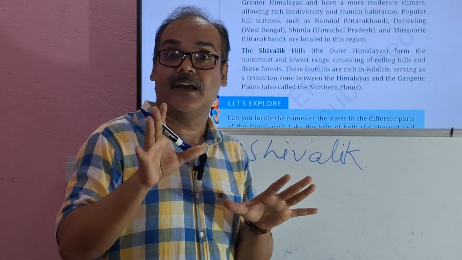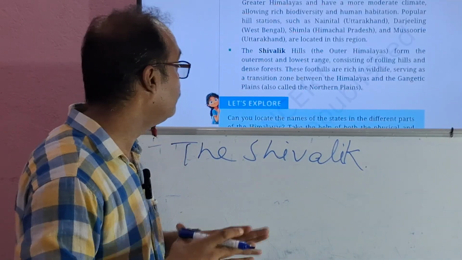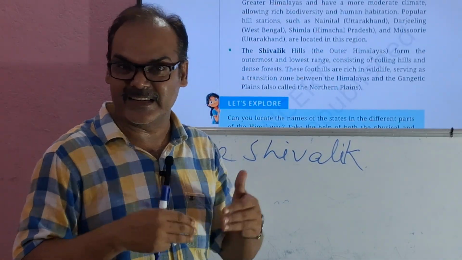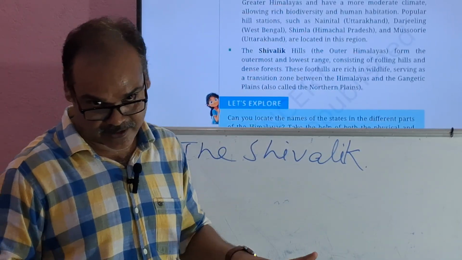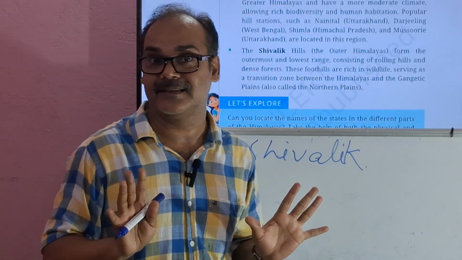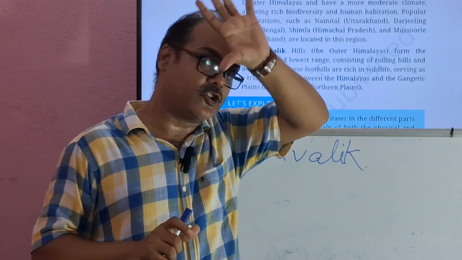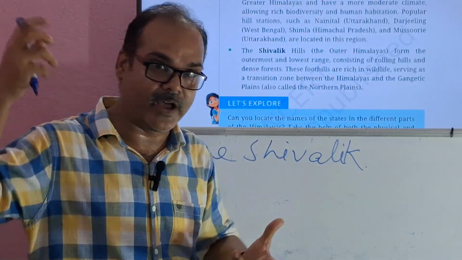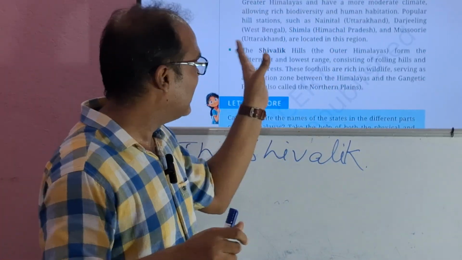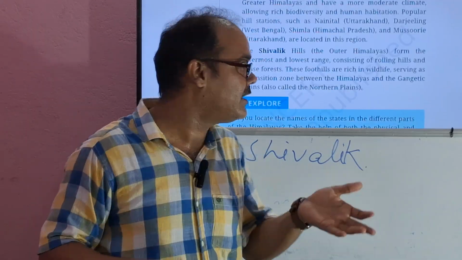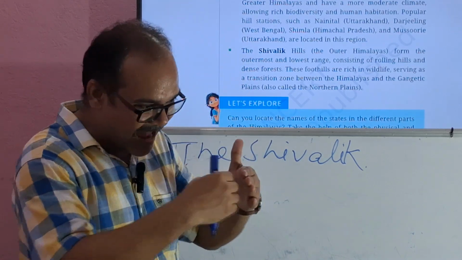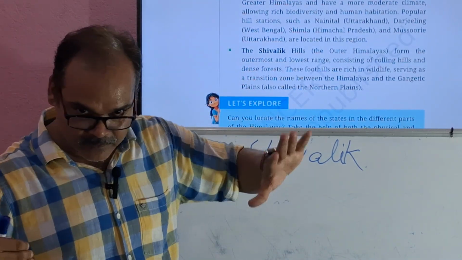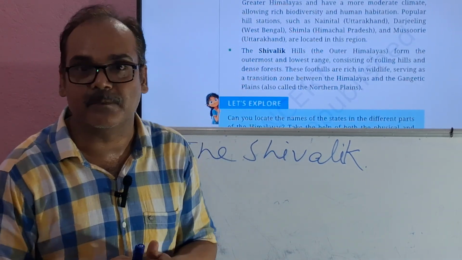So Himalayas, formation of Himalayas, I told you. Then we can categorize Himalaya into three parts. I told you Himadri, Himachal, and Shivalik, right? So we have discussed all these things. So Himadri, the top layer, the rugged mountains, very cold, snowy area. Himachal, all the hill stations are over there. And Shivalik, it is a transition zone, and so many wildlife are found over there. From there, we move to northern plains.